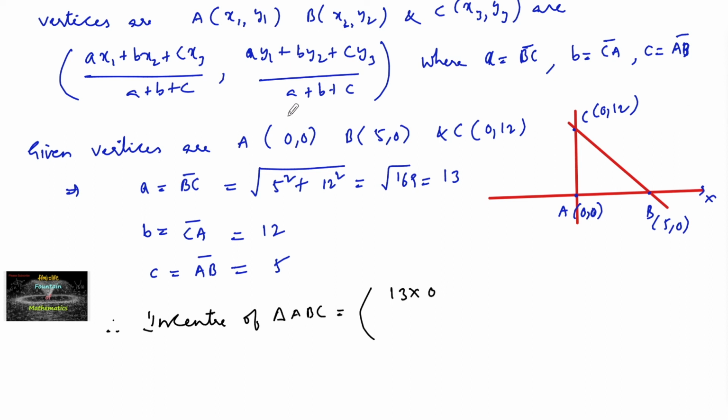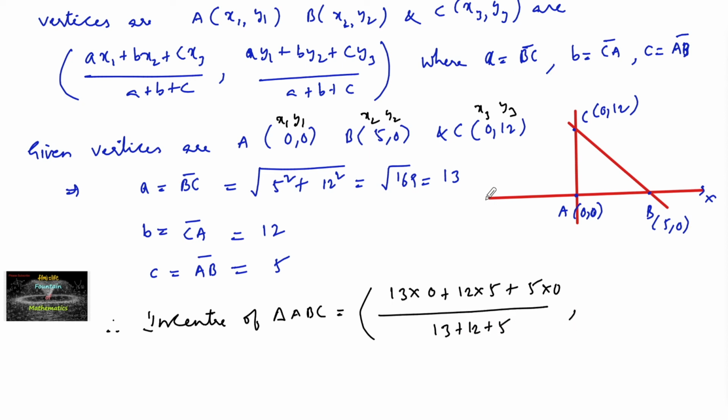Say these are x1, y1, this is x2, y2 and the third coordinate x3, y3. So 13 into 0 plus b into, that is 12 into x2, x2 is 5, plus c times, that is 5 times x3, x3 is 0, upon a plus b plus c, that is 13 plus 12 plus 5, and the next coordinate